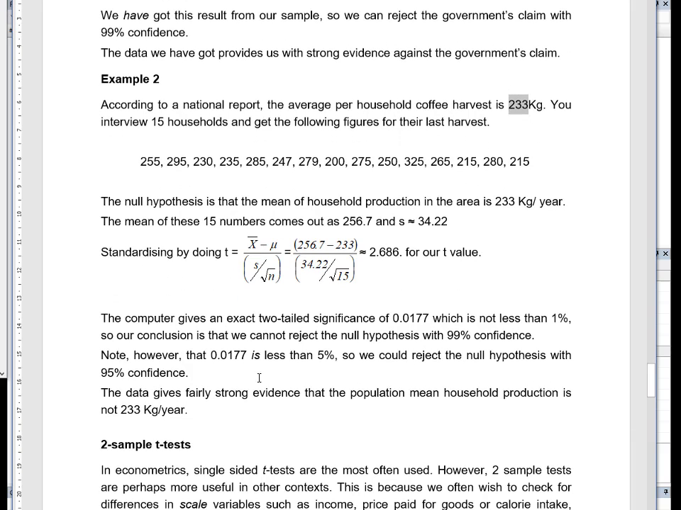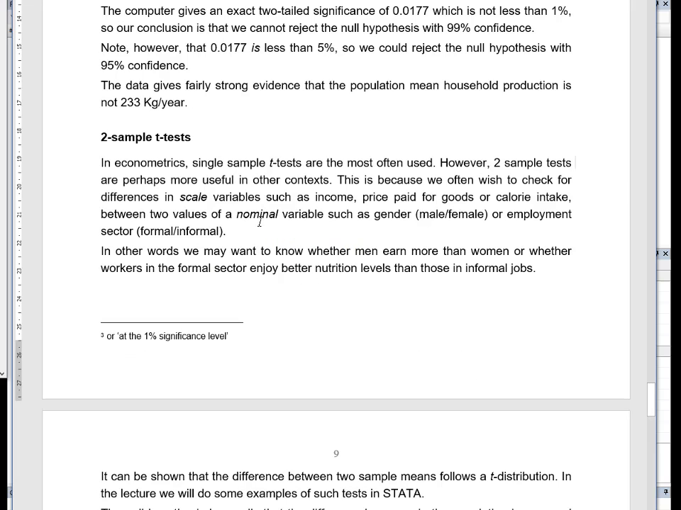So there's fairly strong evidence here because this is less than 5%. This two tails less than 5%. So you can't be quite as confident as you were with the government, but here you can be fairly confident that the evidence is against this 233 figure. It's not accurate. So in econometrics, you'll see that you often use single sample t-tests, but that's when you're using